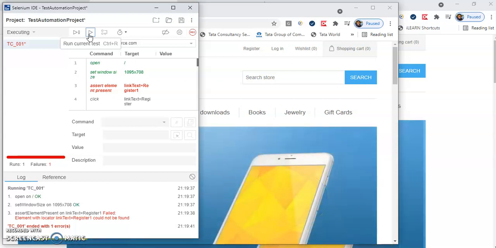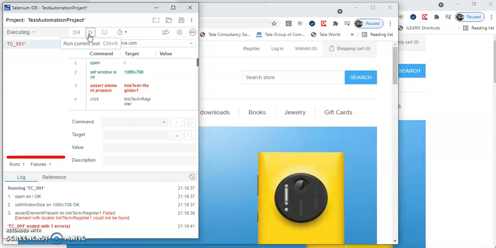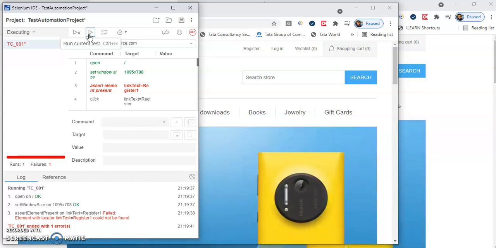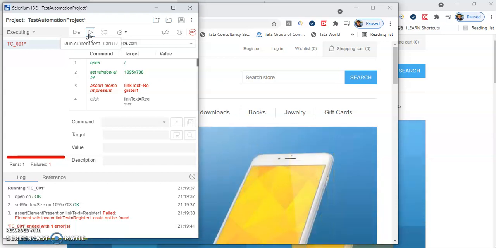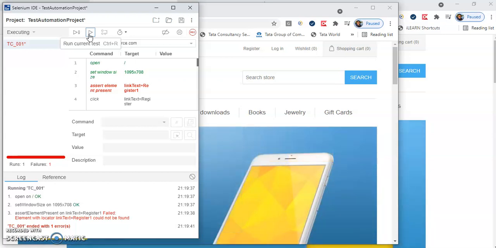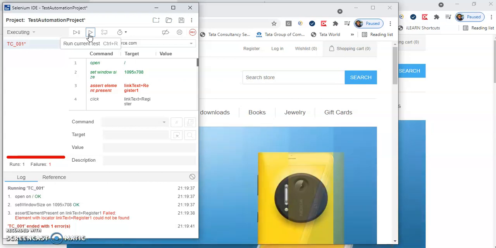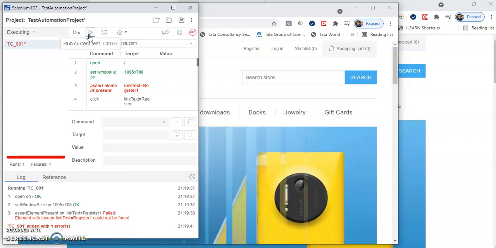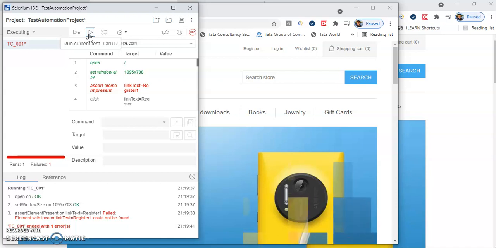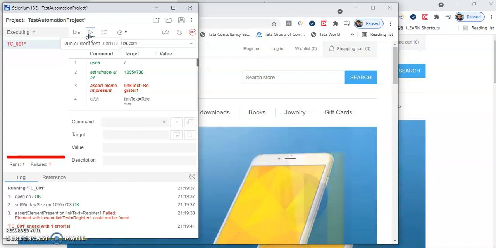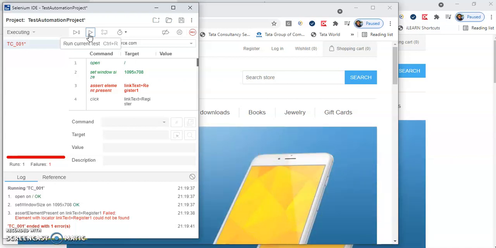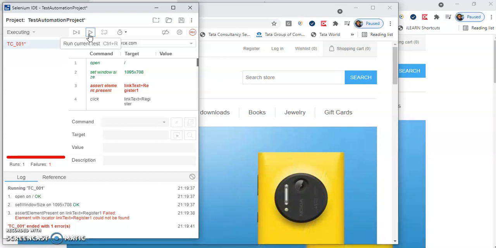So it is totally up to you whether you go for assert or verify. If you know it's a showstopper defect, for example one test step gets failed and you won't be able to proceed after that, then you have to go for assert, because running other test cases further will not be of any use, right? So that is the reason you can go for assert, so that the test step fails and stops the execution then and there only. But if you are verifying any text and you want the system to throw an exception but you do not want to stop your execution, it will go ahead with the next line of code after throwing the error.